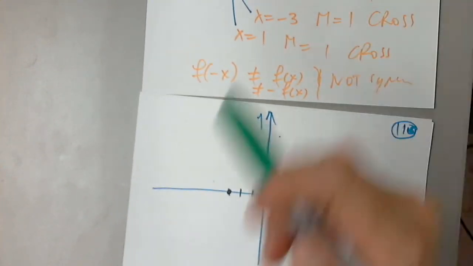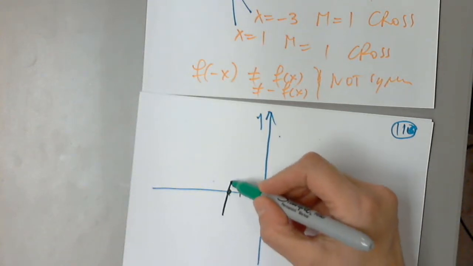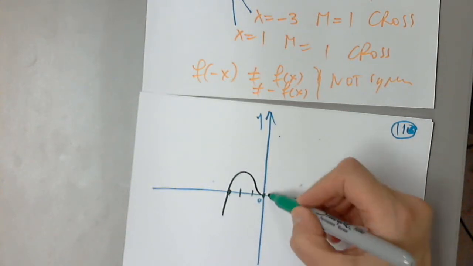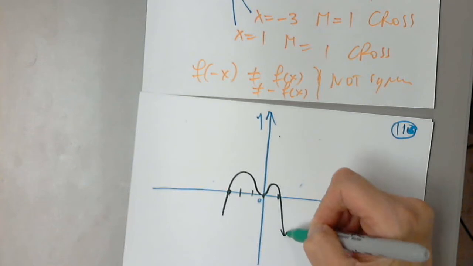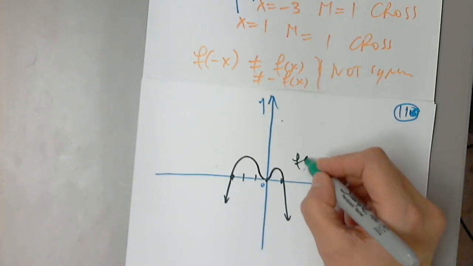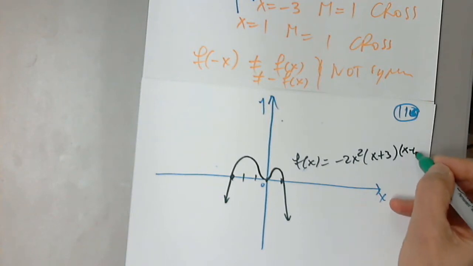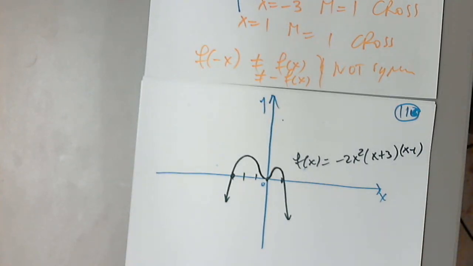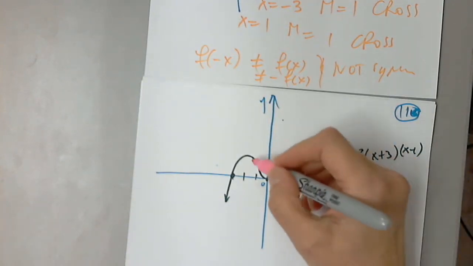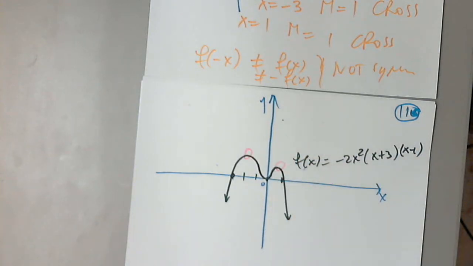We have no secrets other than max and min. We can determine that. So this is definitely a turn. It has to turn again. It comes down and crosses at 1, 0. So this is the function you gave me, -2x squared, x plus 3, x minus 1. I don't know the max and min; you have to wait till calculus and you'll determine those by hand with no